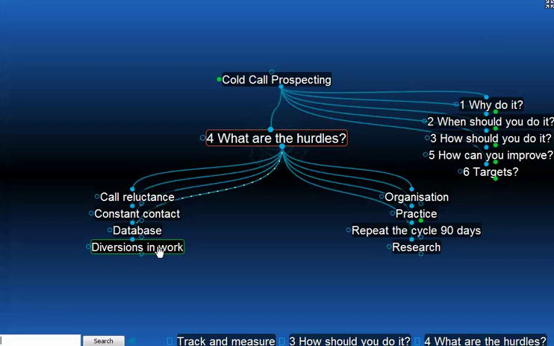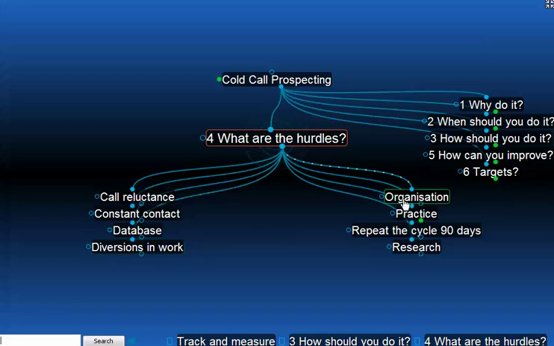Things will just occur. Things will stop you from making the calls, doing the prospecting. You'll have a client who wants to talk to you, a meeting to create, or a deal to negotiate. Now, the diversions will take you away from call prospecting. Essentially, that's quite bad because eventually you'll run out of prospects, you'll run out of listings, your market will decline, and you'll lose commissions. Not a good thing.